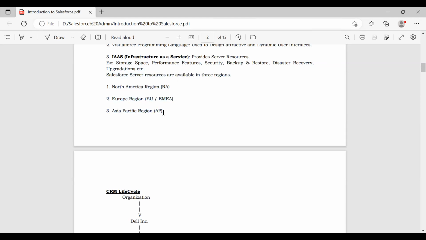regions. Suppose you specify the country name as India, it is going to allocate memory for you in one particular server in the Asia Pacific region. In a particular server in the Asia Pacific region, it is going to allocate some storage space. So how much storage space, how much memory space will be allocated for your account? It depends on the type of edition you use. It is not the same for all editions. The type of edition will decide how much memory will be allocated for you in a particular server in